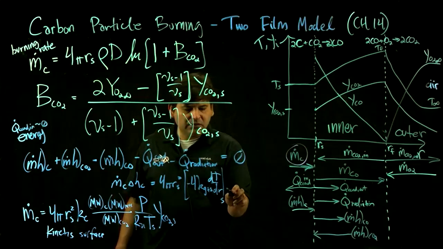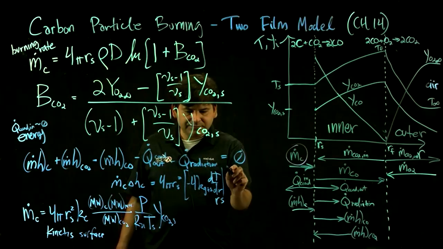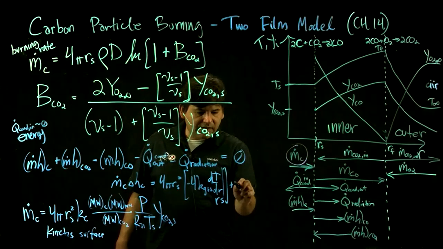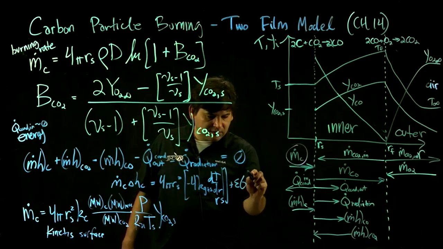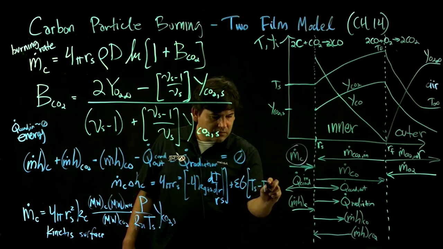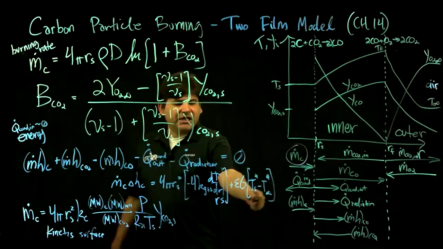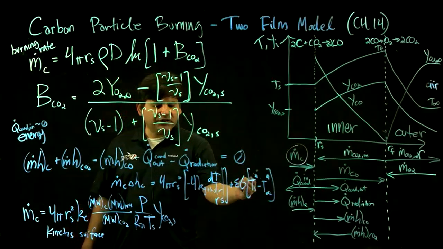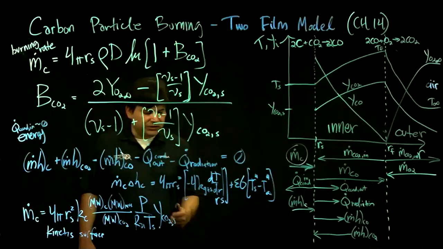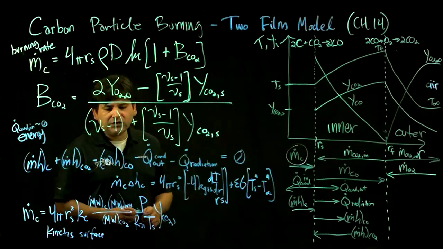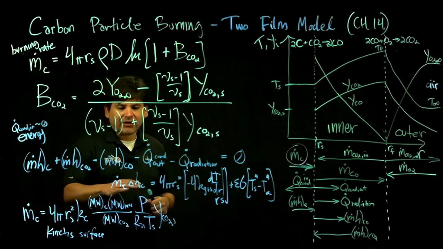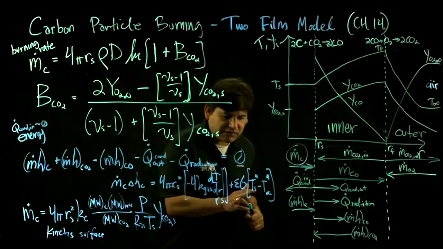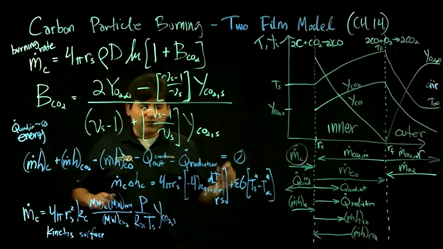So the conduction balance at the surface, and then the radiation, Stefan-Boltzmann law. So this is the radiation model, and this is the conduction model at the surface. The chemical conversion, this exothermic process at the surface, has to balance the conduction and the radiation. And then, if we apply boundary conditions,